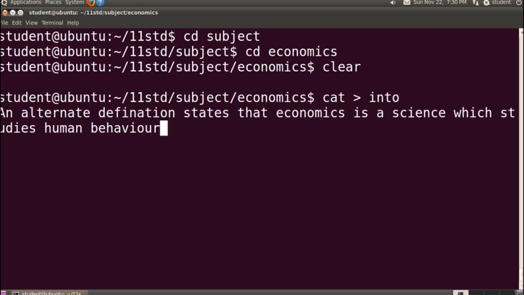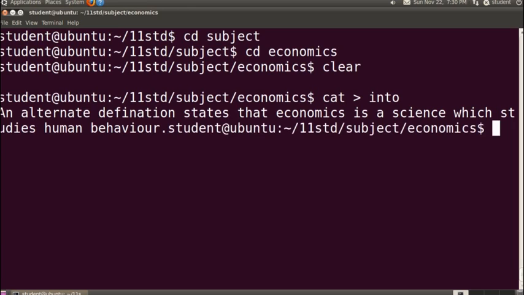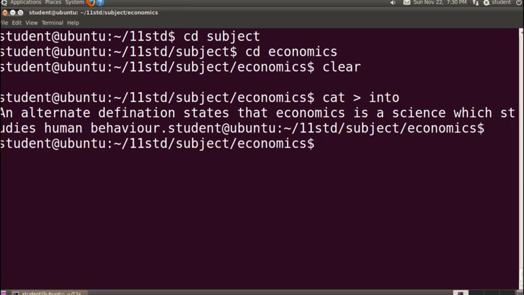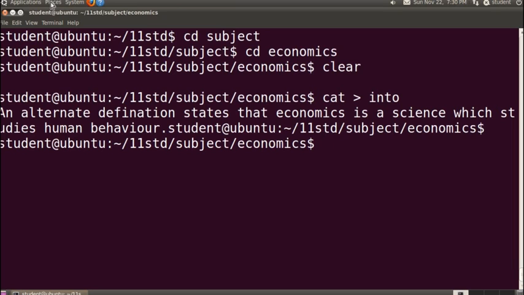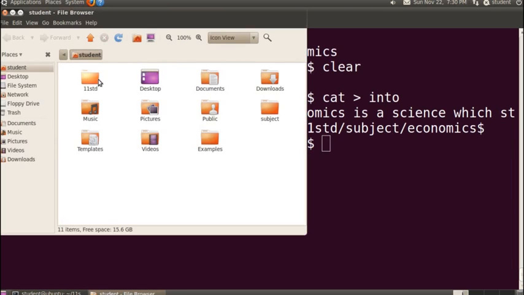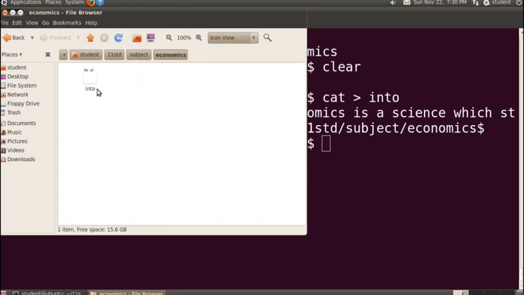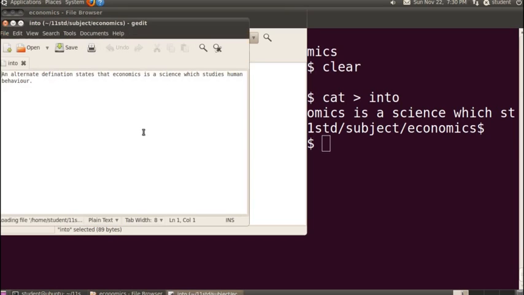In the command line interface, you can create only a text file, you cannot create a Word file or anything else. So this got typed here. Now how to exit this text file? You have to press Ctrl D. To exit this file you have to press Ctrl D, and you will be out and can again see the command prompt. Now let us check whether that file is created or not. Inside Home, 11th standard, Subject, Economics. Yes, see here you can see that the file is created, and whatever we had typed got typed inside this file.